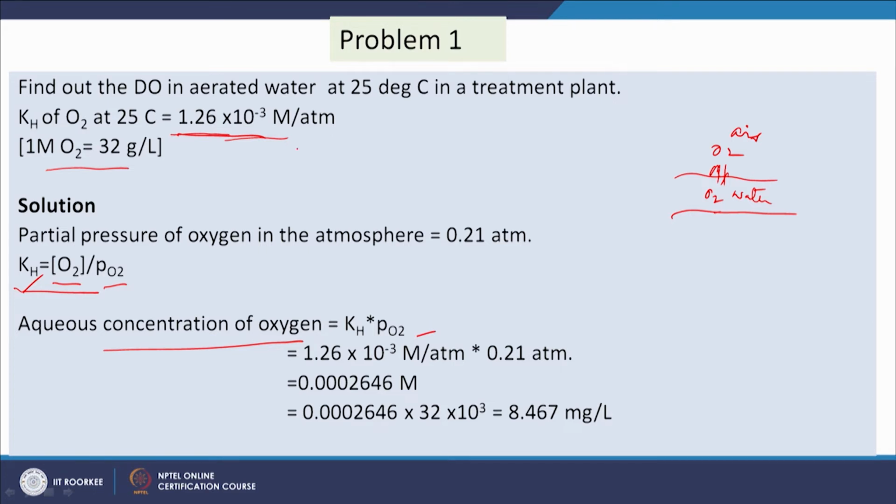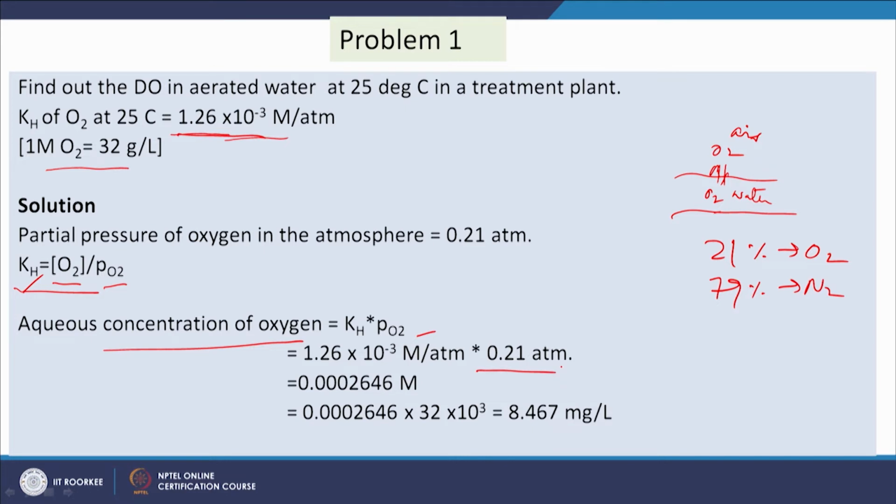If it is 1 atmospheric pressure, then we can calculate the partial pressure on the basis of volume fractions. For air, 21% is oxygen and around 79% is nitrogen, if we ignore the other impurities. On that basis, the partial pressure of oxygen is 0.21 atmosphere when the total pressure is